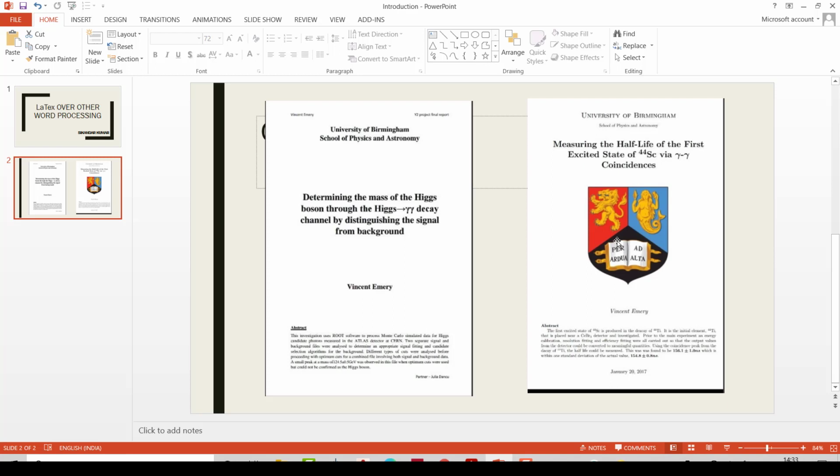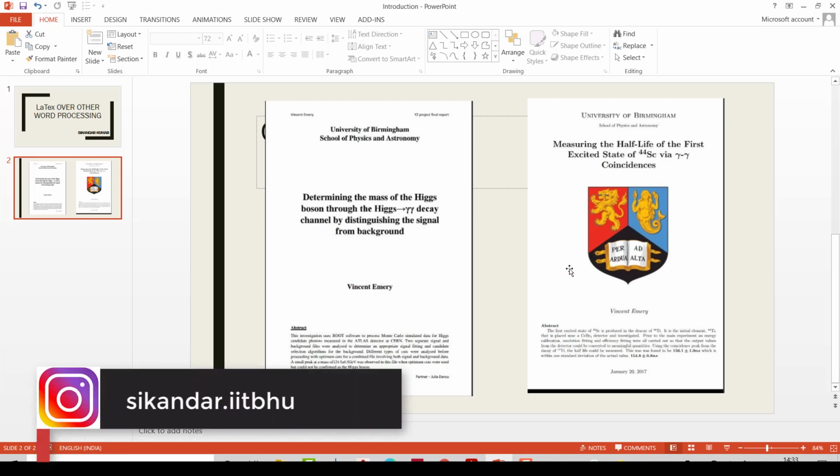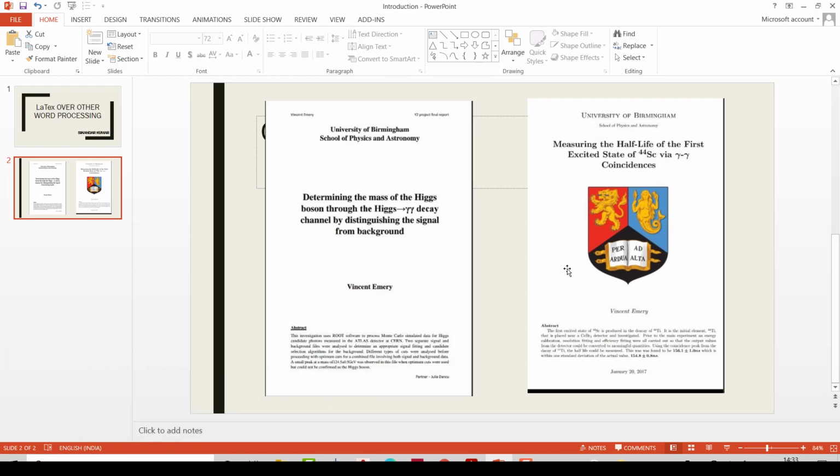You have probably already encountered double column articles. Preparing a report in double column is much more difficult in Word, but in LaTeX it is very easy to make a report in double column. Sometimes article editors ask you to submit an article in double column. In this case, that will help you a lot.